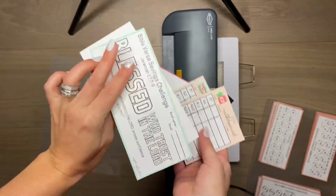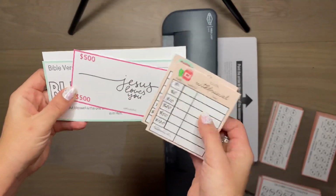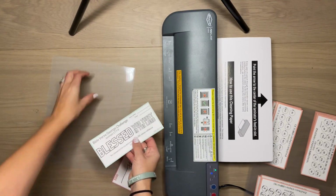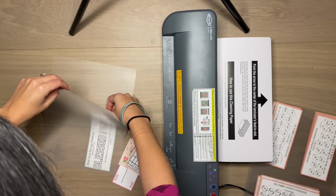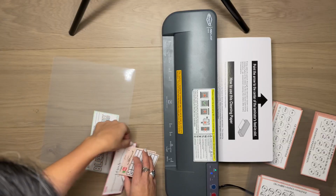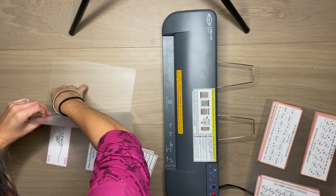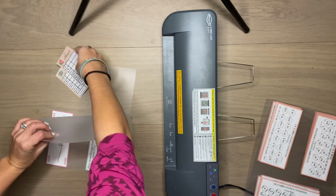All right, so now I'm getting the envelope ready for what we are going to laminate. This is also a placeholder, like prop money, and then I have the cash withdrawal slip. So those are all going to go in. Now, when you have an envelope, I highly recommend putting that down at the part that's already sealed. It is really hard to put the envelopes at the top end,